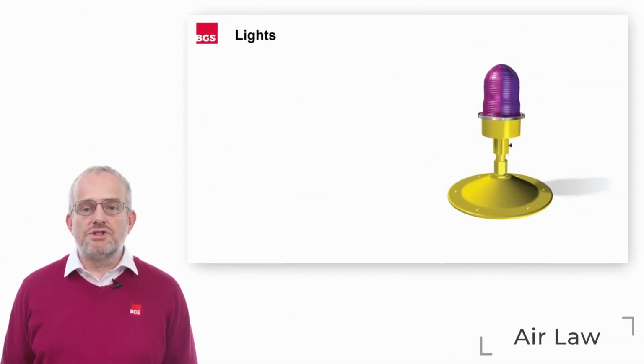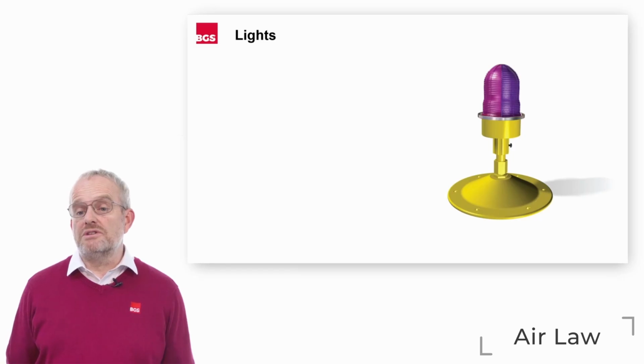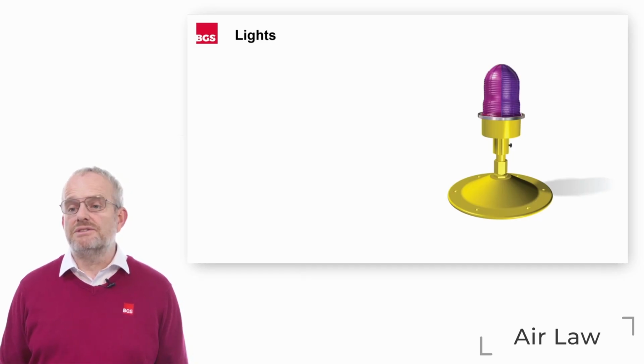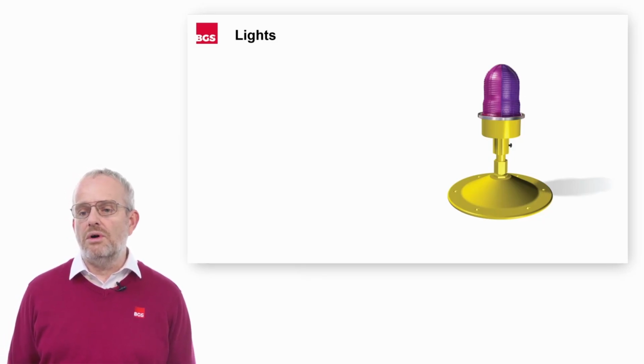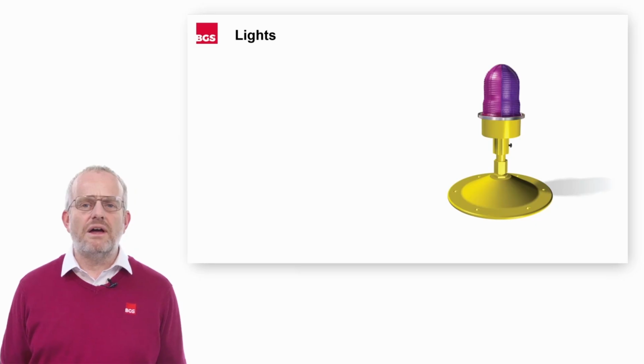Right, then on to lights, and what we're going to do first is talk about some basic aspects to do with lighting, and firstly what we mean by frangible. Frangible is another word for breakable, and if you look at the picture of that light you can see that there's a base plate and then there's a top part which is the lens, and they join together, and you've got a little grub screw there to keep them together, but the joining area between the two is